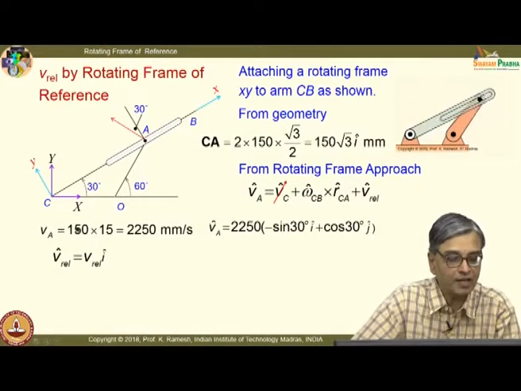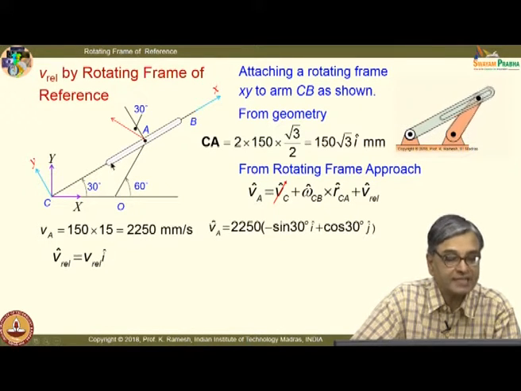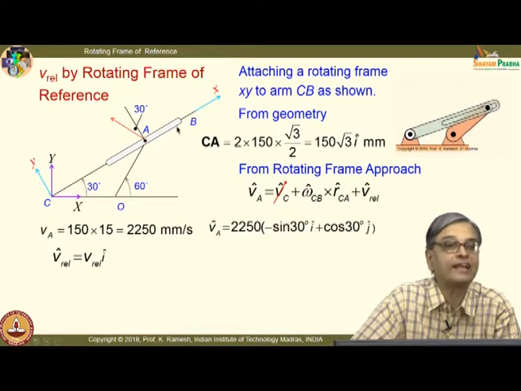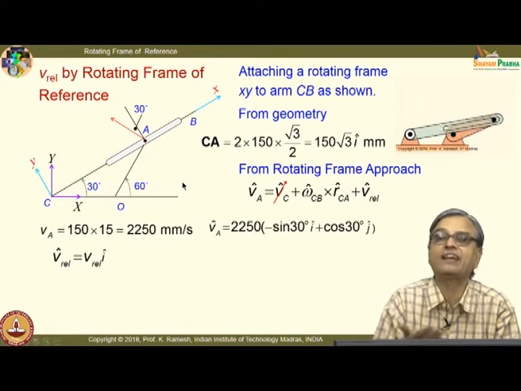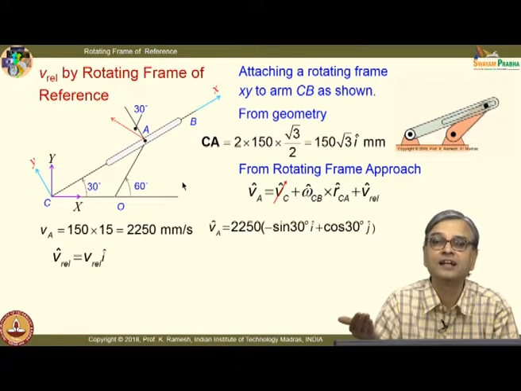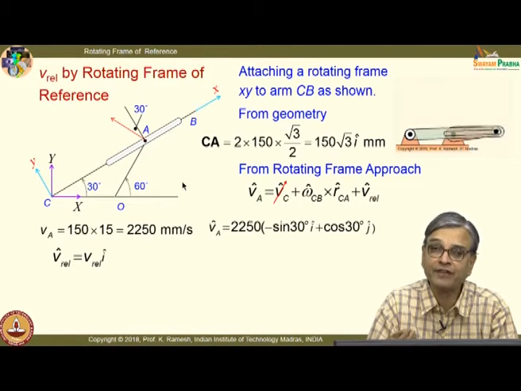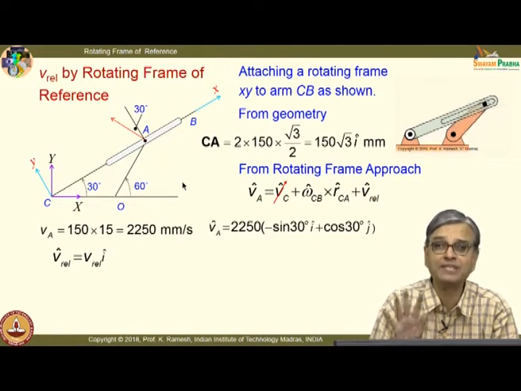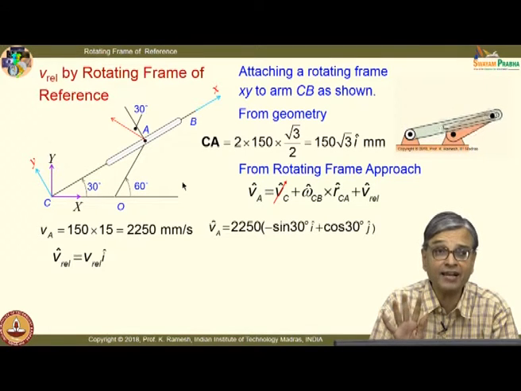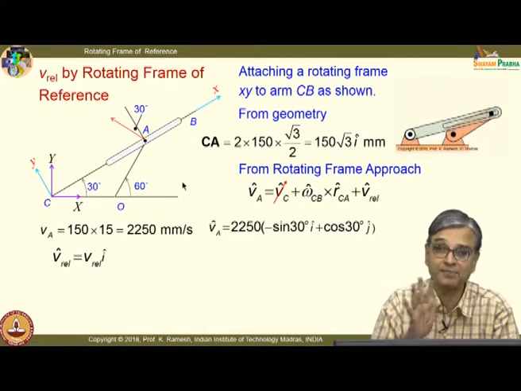Okay. So, one of the important learnings here is that the moment I have a slotted member, because in this case the slotted member is along one of the coordinate axes, it is just a straight line, I can comfortably write what is the component of velocity a person sitting on the rotating frame would perceive, which is labeled as VREL. It is not the complete relative velocity. We have seen VA with respect to B has two components, omega cross r plus VREL. So, keep that in mind.